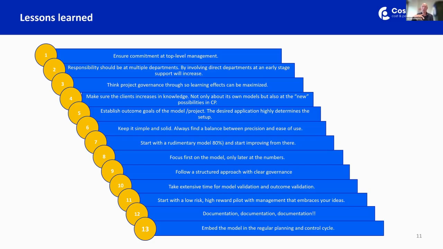Next steps is, okay, report should be ready by then. And it is just going to be a regular planning and control cycle so that everybody within the company knows, okay, I'm getting my cost price on the 10th business day after month closure. And I can use that, and it's going to be included in the discussions on my performance for last month. Make sure that it's in there.